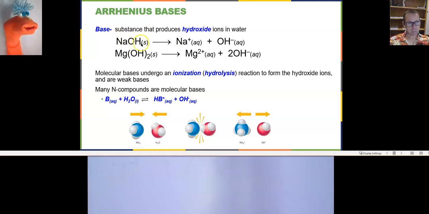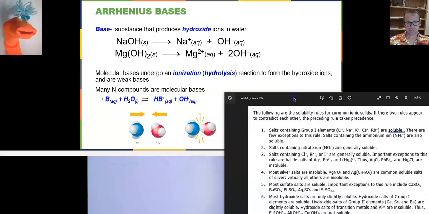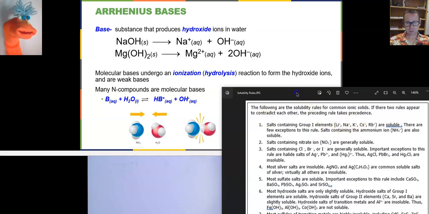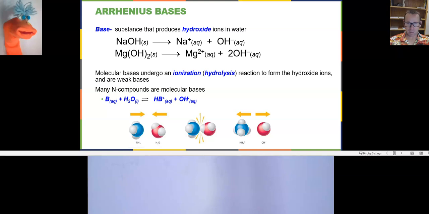Here's an example of a compound that behaves as a base, sodium hydroxide. You get the hydroxide ion because sodium hydroxide is soluble by our solubility rules. Group 1, sodium ionic compounds that contain sodium are soluble. Therefore, the sodium ion and the hydroxide ion result, and a compound that we put into solution and a hydroxide ion results is called a base. That's right, it's called a base. All right,